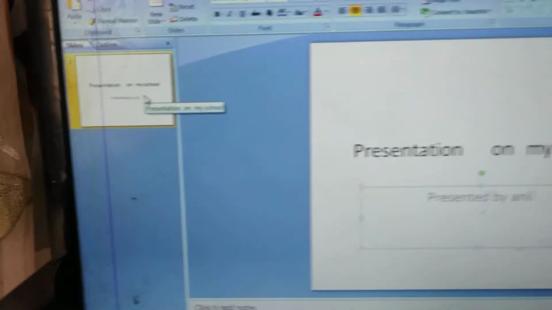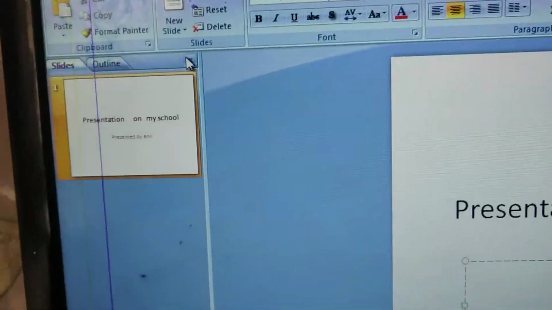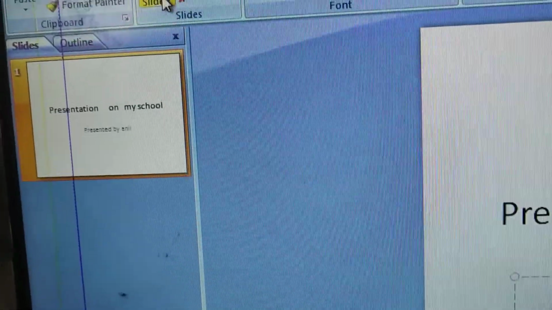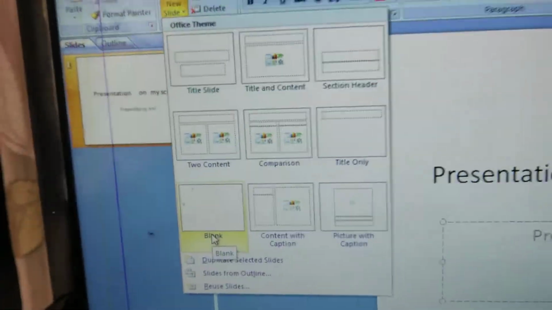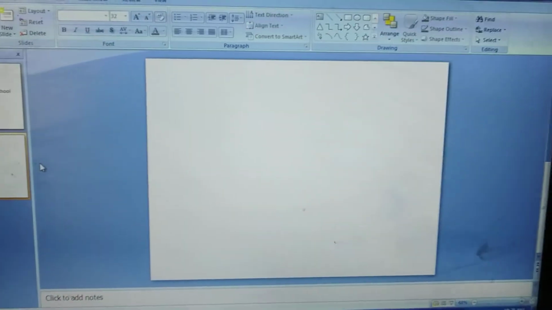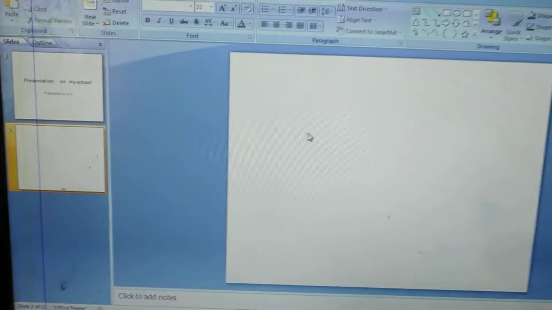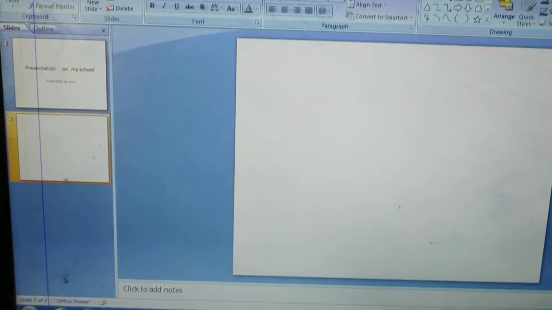Then new slide, how to take a new slide. Here, sorry, here new slide, and here you have to take a different slide. Now I will take the blank one because I want to insert a picture. Now I want to insert my school picture. First I will give a heading.